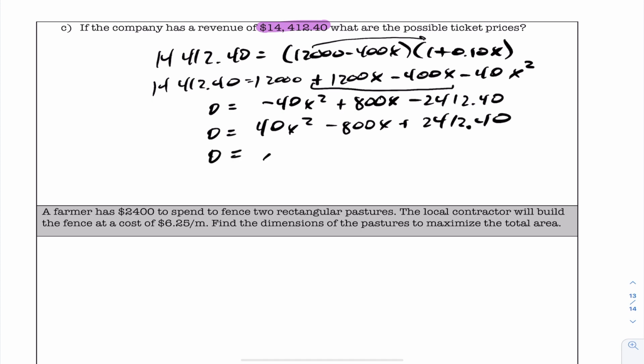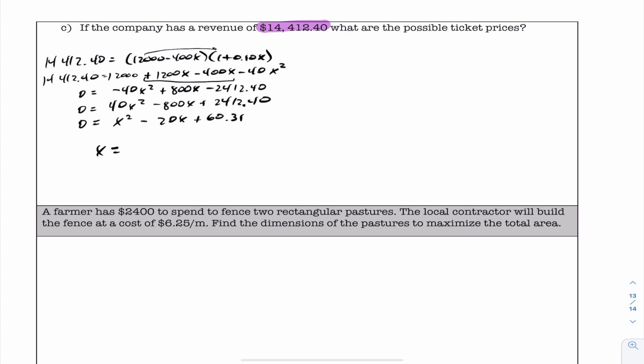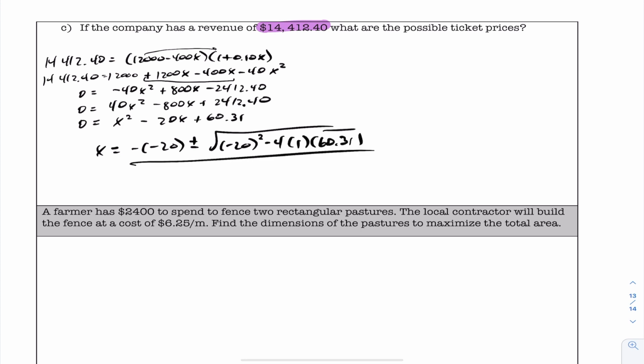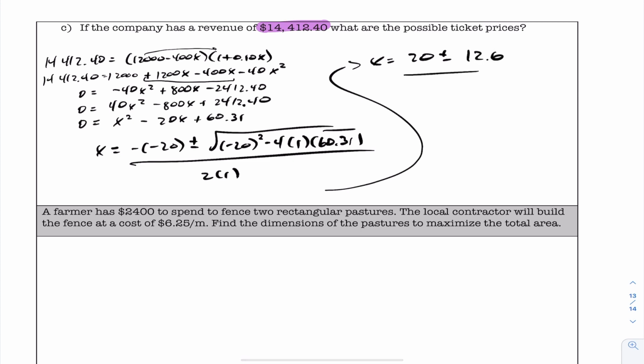I'm just going to divide across by 40. Even though it doesn't divide across nicely, it still cleans up the quadratic a bit, in which case we get positive 631. Now using the quadratic equation, x equals negative b plus or minus the square root of b squared minus 4ac over 2 times a, which is equal to 20 plus or minus 12.6 over 2, and we get two values for x. Either x equals 16.3 or